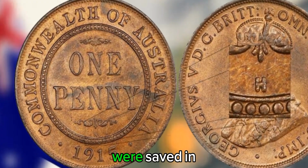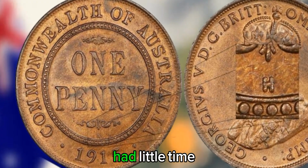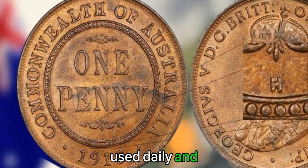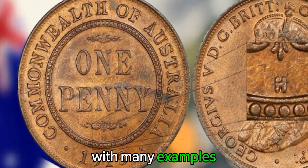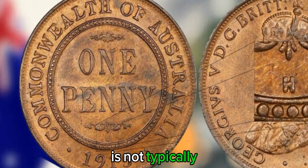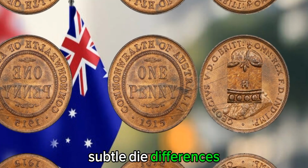However, very few were saved in top-grade condition. Australia, embroiled in a world war, had little time or thought for coin collecting. These coins were used daily and worn down, with many examples today showing heavy circulation wear. The 1915 penny is not typically known for major die varieties or errors, but subtle die differences and planchet flaws